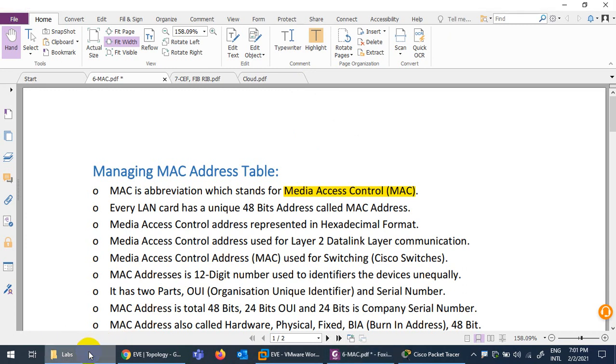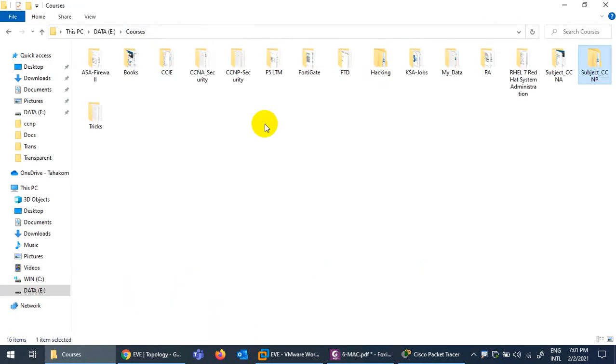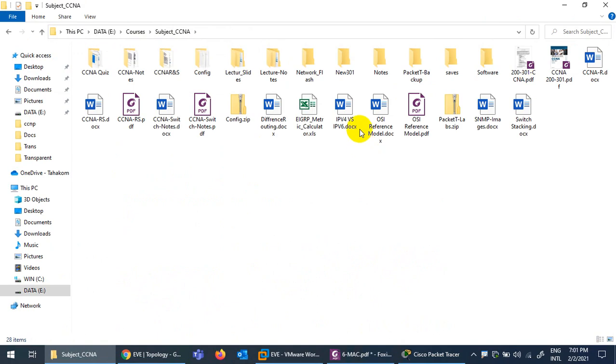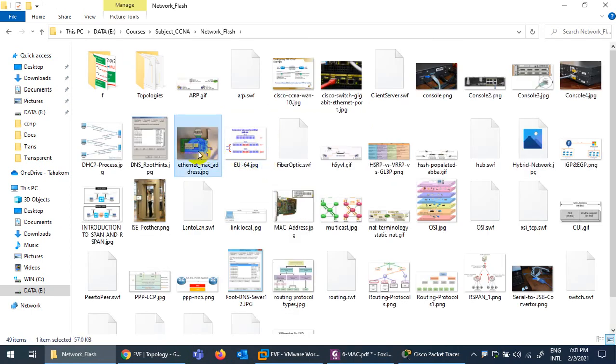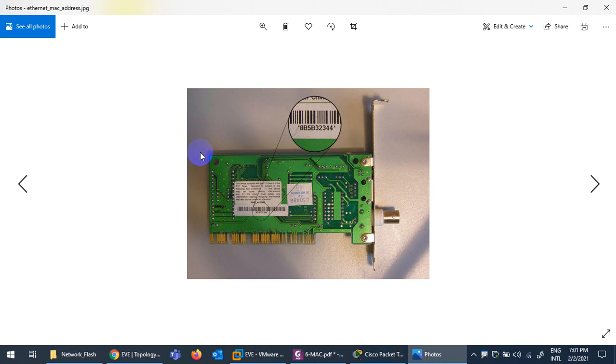It's burned in. If I have a picture in my CCNA, I can show you, just give me a minute to find it. Yeah, here, this one. This is the MAC address.